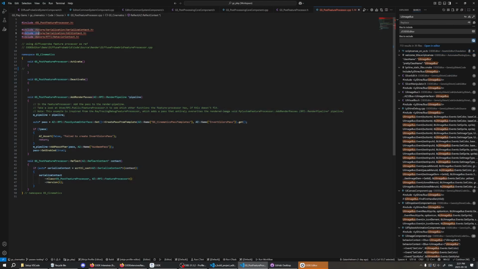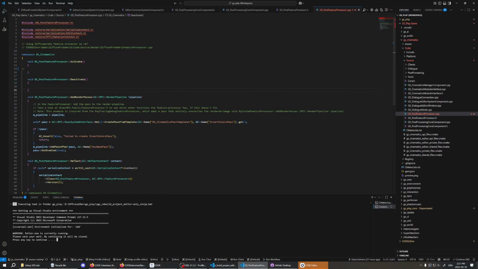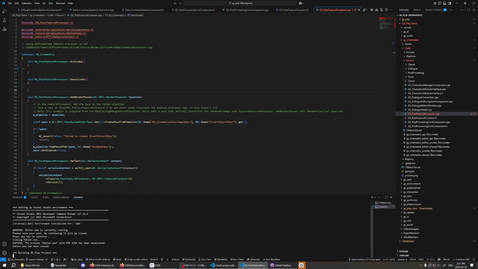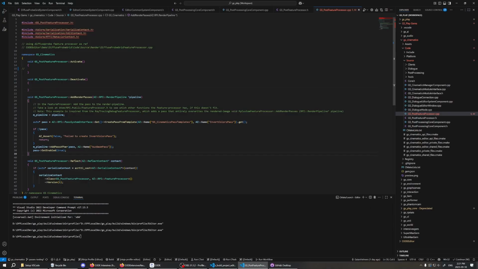Pick up whatever include directories you need. Make changes, make edits, come back, click F7. Oops, editor was running. Close it up, build, and run editor. So the last thing I wanted to show